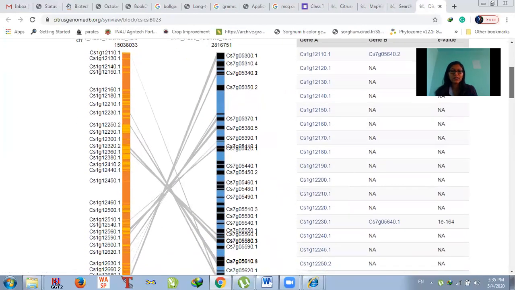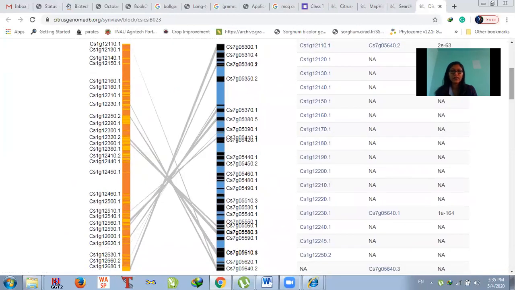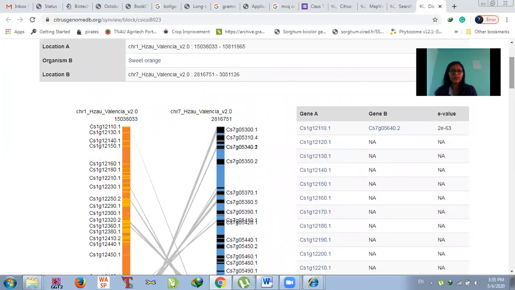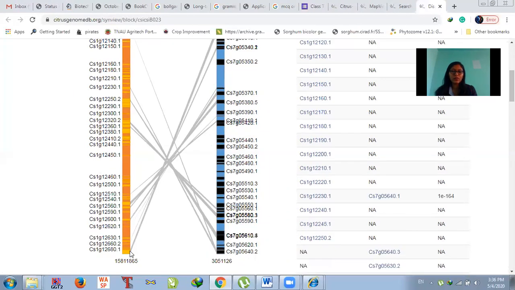So here you can see this is chromosome number 1 and this is chromosome number 7 of the citrus species that you chose. The gray line shows that whatever region or sequence is present here is also present at this location on chromosome number 1.